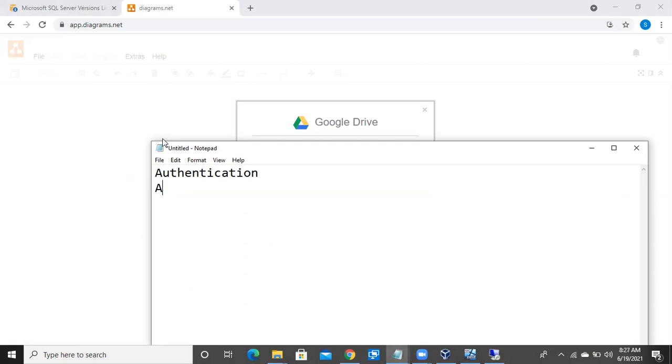Okay, so let's start with authentication. What is meant by authentication, or let me start with authorization. It is better to explain authorization first, then authentication.